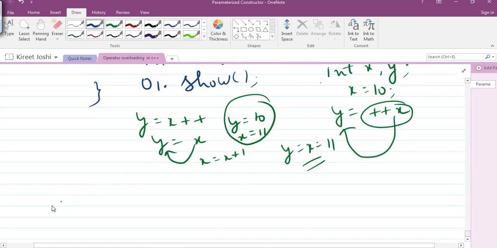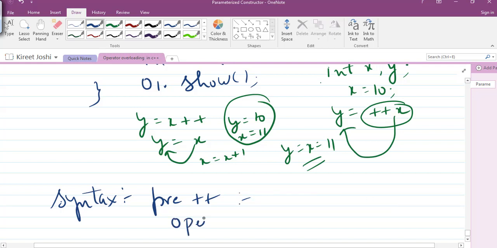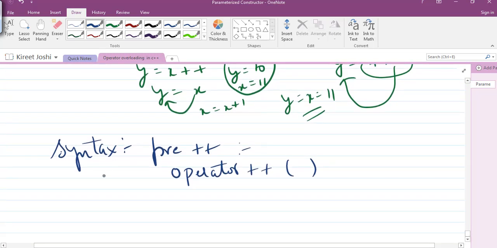So the syntax for pre-increment is like this: you write operator++, and there are no arguments. Here this is the return type, followed by operator++ and no argument.